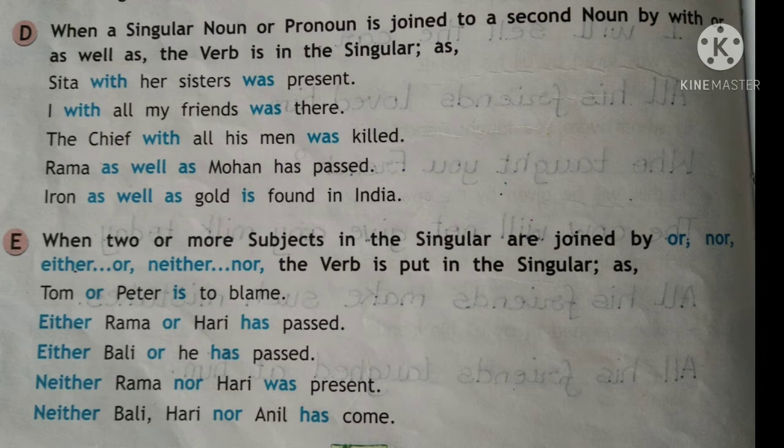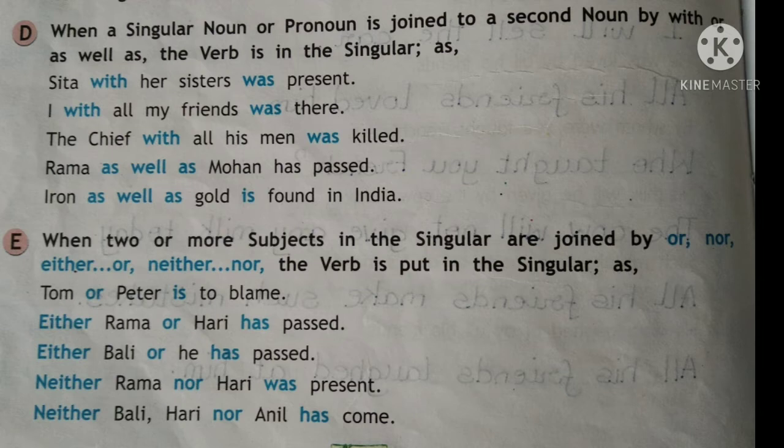So here we are talking about two metals, but in the sentence we write "as well as". So we refer only to one metal and we write "is", that is a singular verb. So in a sentence, if two nouns or pronouns are joined with "or" or "as well as", we write the singular verb to agree with the subject.